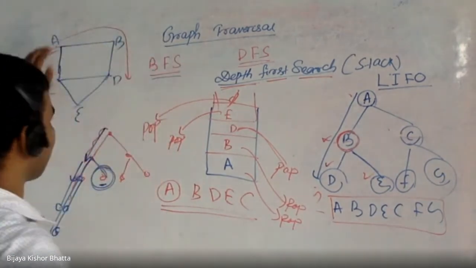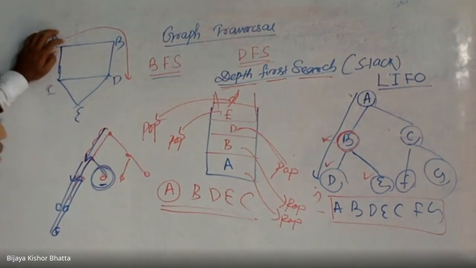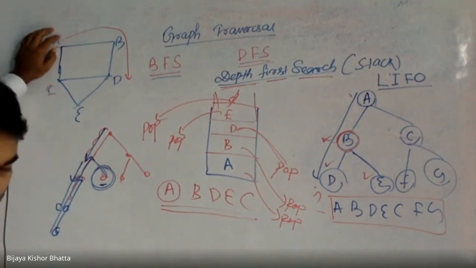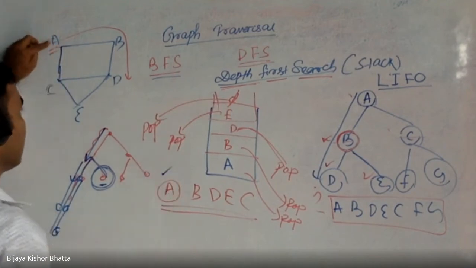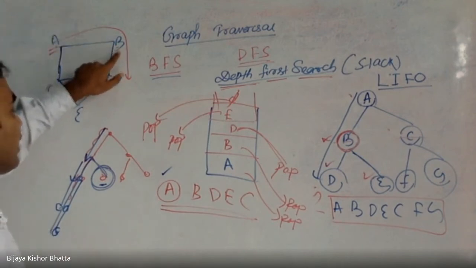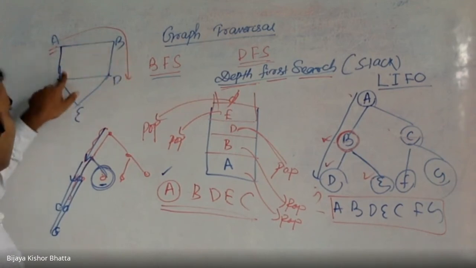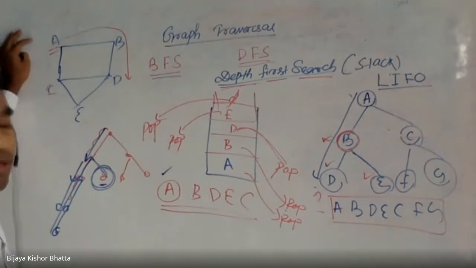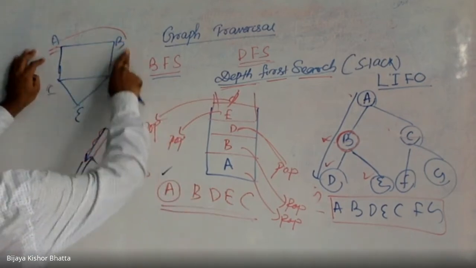Okay, so let's go to the example, right? Let me explain this example one more time. So A is here. I will immediately process A for sure. So there is no issue, right? Immediately I will process A. How many children are there? Sorry, not children actually, that is not the right word. How many adjacent vertices are there? B and C are adjacent, right? A is connected to B and A is connected to C. So where should I go? According to the definition, you can go anywhere, right? You can either go to B or you can go to C.